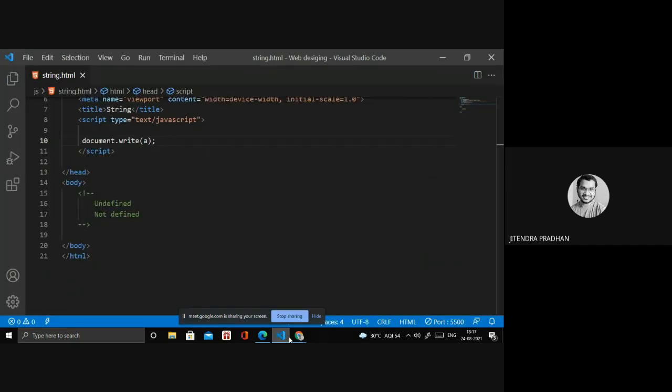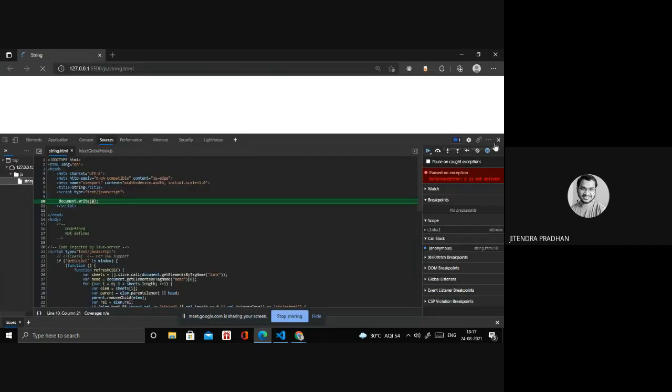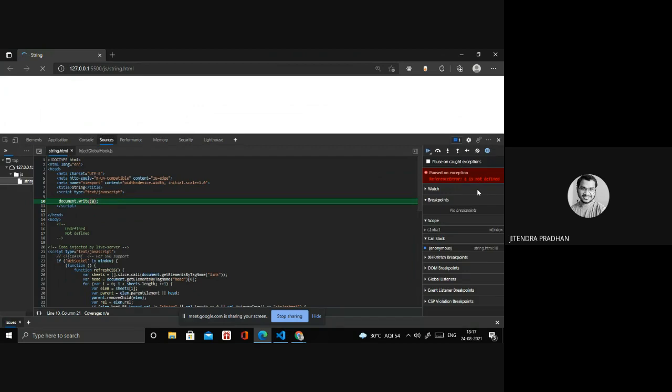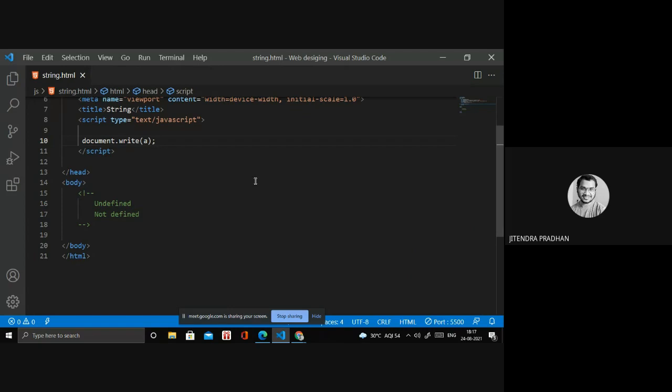I will write A. Yeah, A is not defined. Have you observed that one? We have source file, A is not defined. So this is the difference between not defined and undefined. You have to remember this because it is a concept. Maybe anyone will ask what is the difference between not defined and undefined. So next we have